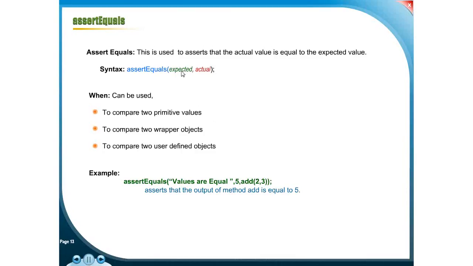Expected means the result should be as per the expectations set in the business requirement analysis. Assert equals is generally used to compare primitive values, wrapper objects, or user-defined objects. You can see here,